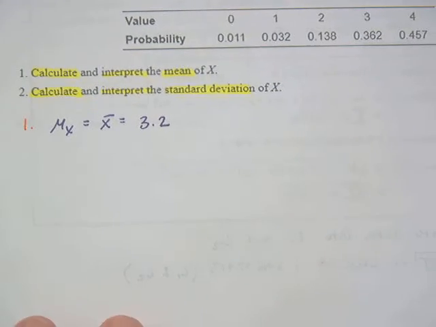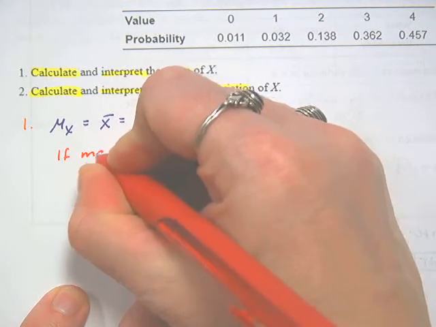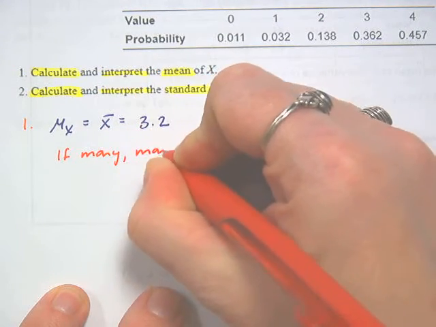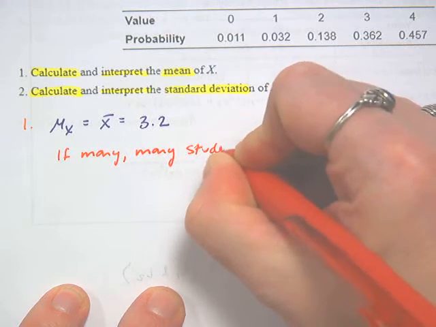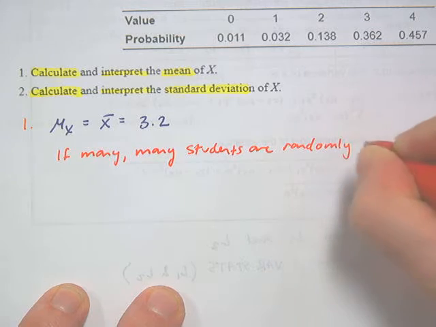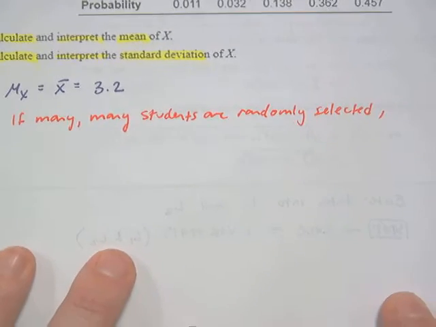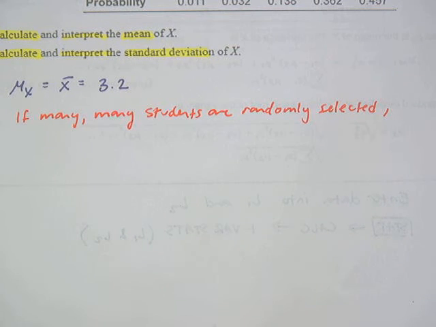What that means is if many students were chosen at random, let's just put students are randomly selected. That way it sounds just like the newborn one. If many students are randomly selected,